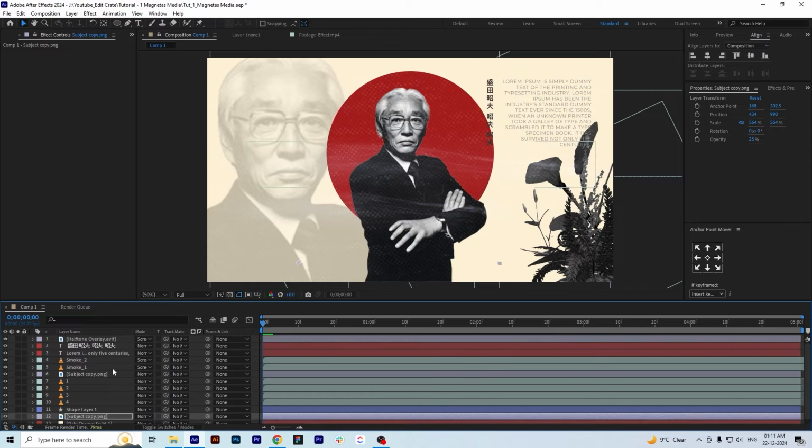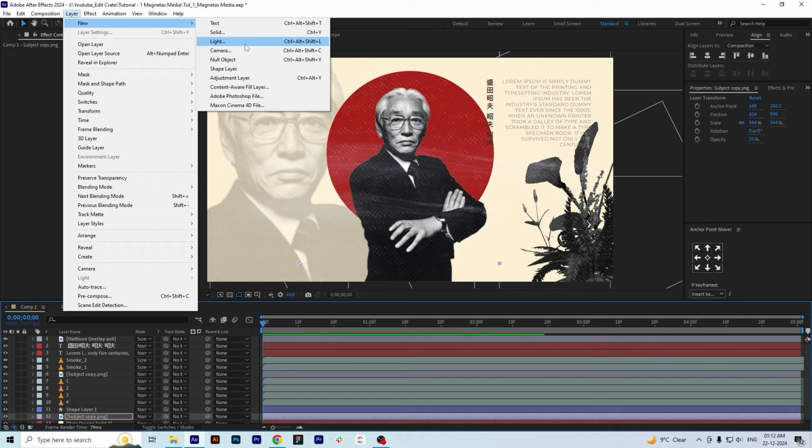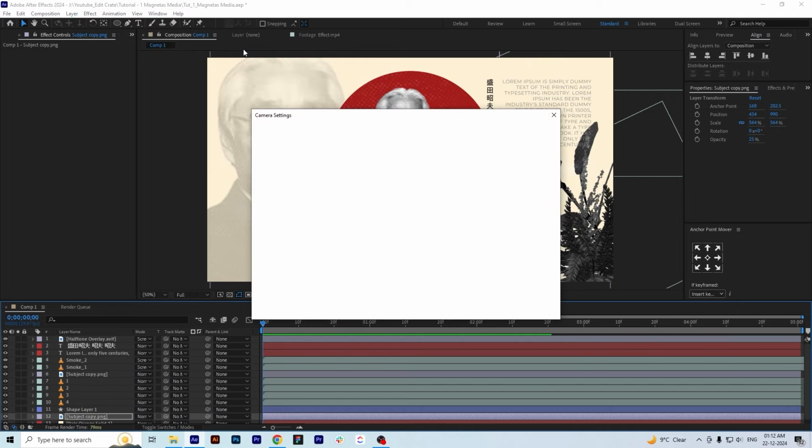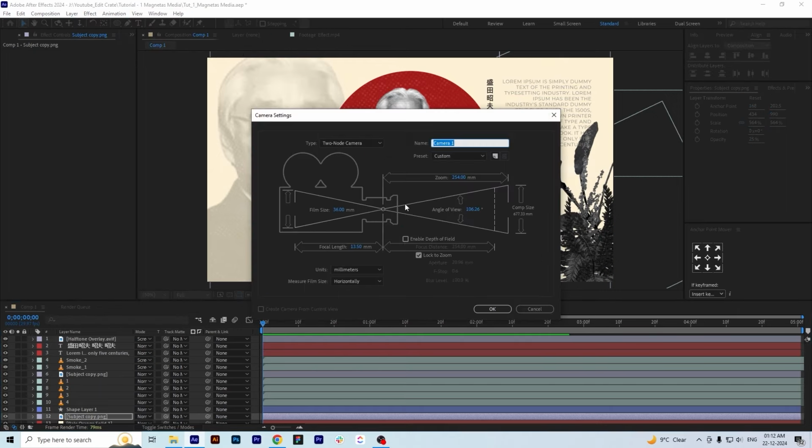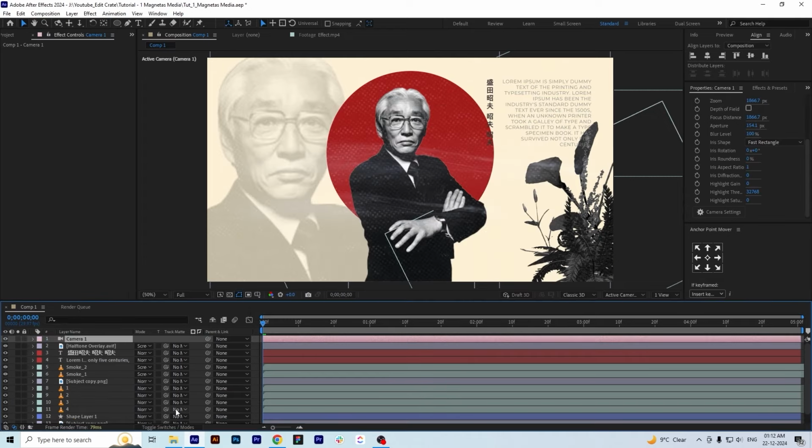Now what we have to do is introduce a camera here. To create a camera, click on Layer, New, and hit Camera. The camera settings will pop up, and make sure to use a wide-angle focal length. I am using 35 mm. And now we will convert all the layers to 3D